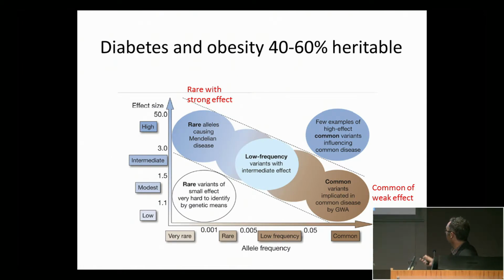It's these variants that are easiest to study because they're common. They give you greater power because the genetic variants have weak effect. You need large numbers of people to get statistically significant associations, and because they're common, it helps you on the power. So the so-called genome-wide association studies have focused in this area here, but it's clear that there will be low frequency variants with intermediate effect that are actually biologically more informative and perhaps clinically more translatable, and in our gout research we're certainly seeing that these are present.